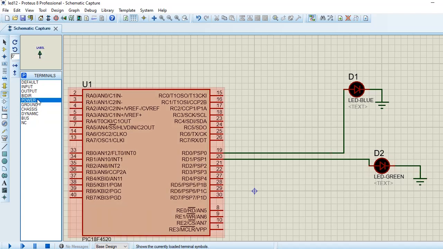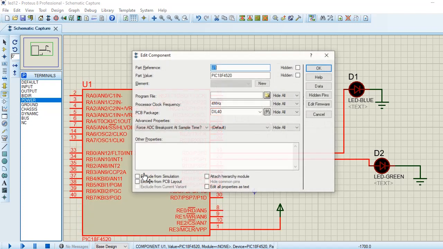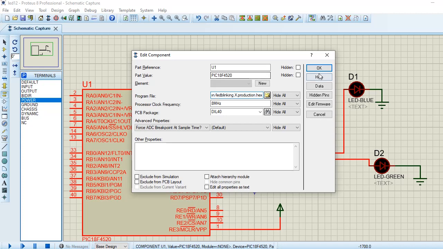Then power connection is provided to VCC. So the connections are completed. Now we set the 8 megahertz value and paste our hex code here. Then click on OK.